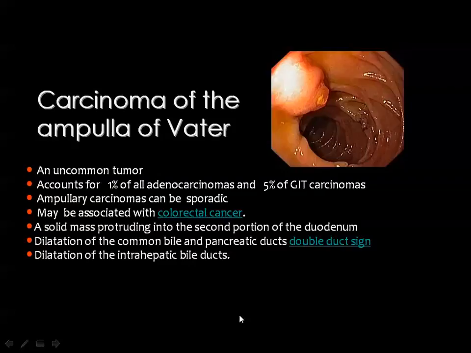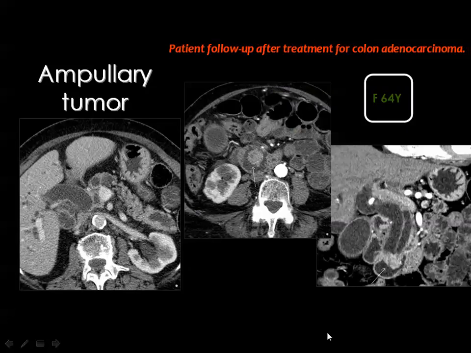This is the solid mass protruding into the second part of the duodenum, centered to the region of the ampulla of Vater. Then you have dilatation of the pancreatic duct as well as the common bile duct. If you try to locate this ampullary cancer, it's hard to see this carcinoma by imaging, but this is